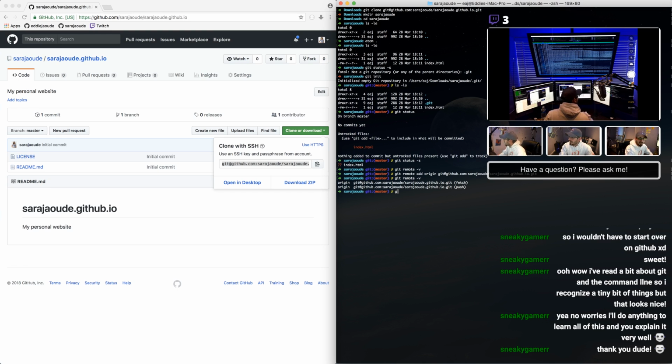So now, before I do a git pull, I'll do a git log, and it's going to say there are no commits in it, which is true. But if you look on GitHub, it says